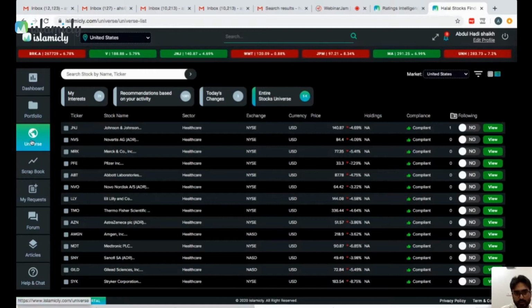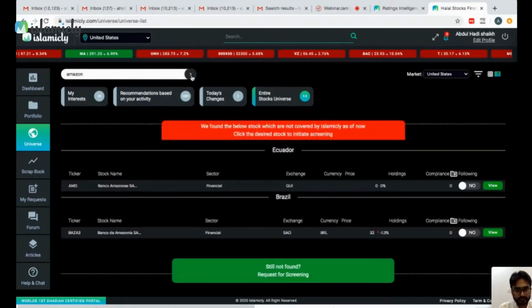Now, even if I go back to the universe now, the default settings, and I want to search something, I can search by stock, or by name, or by ticker as well. So let's say I want to search a stock which is Amazon. I just type Amazon and click enter, and it will show me Amazon.